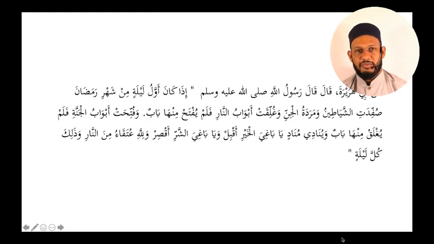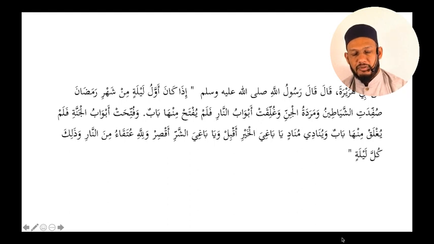We find ourselves in a very different type of Ramadan, a very unique experience in living memory, probably for everybody who's busy experiencing this Ramadan. And it also presents us with an opportunity. But to start off with, I would like to quote this hadith, which is